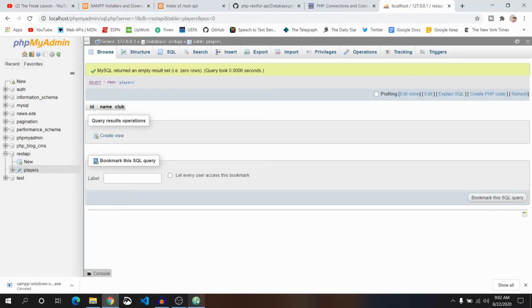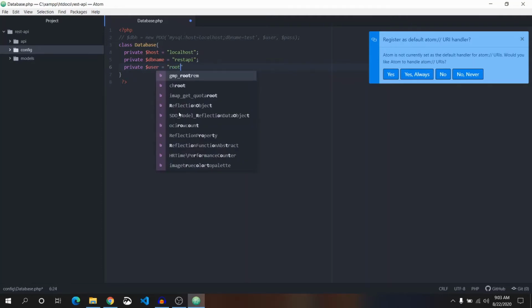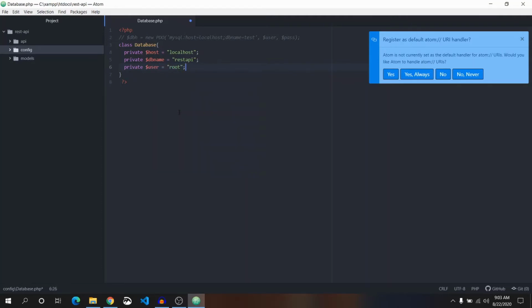Okay, let's put the database name REST API. Private, next variable will be user is equal to root. By default it is the username root, and next variable will be password.